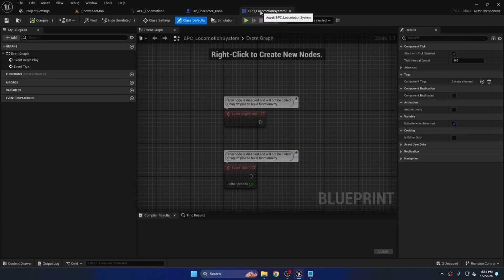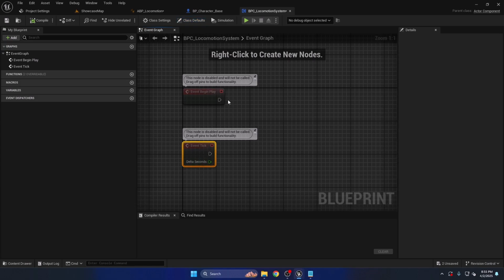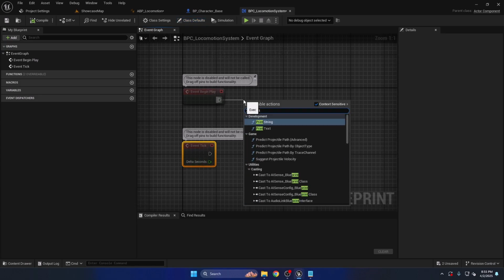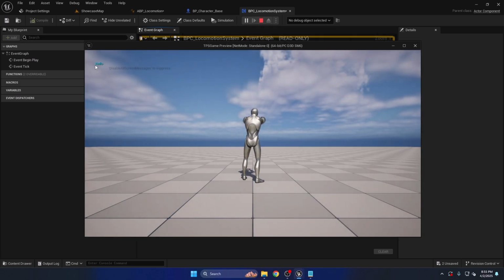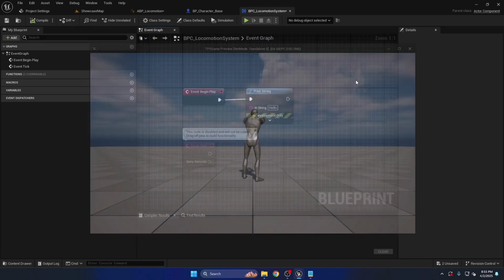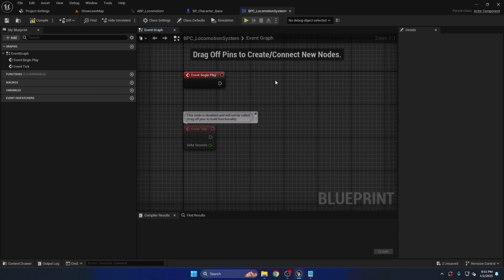We just created the blueprint actor component and attached it to our character. So just to test that, I can simply print a string, and if I play it, you can see it's printing this specific print string. Okay, great. We don't need to do such a naive thing, so I'll just remove that print statement, and instead of that,